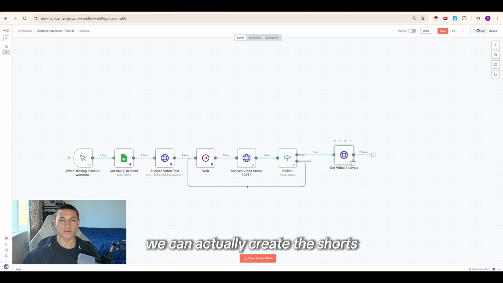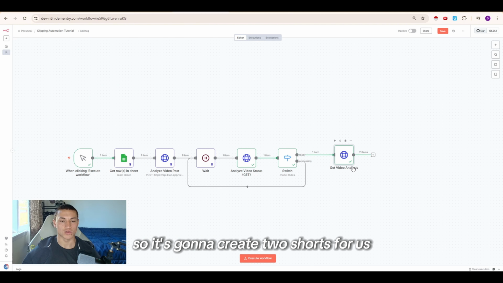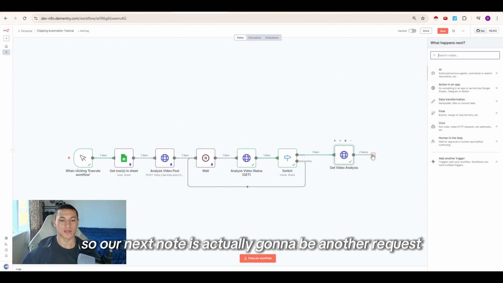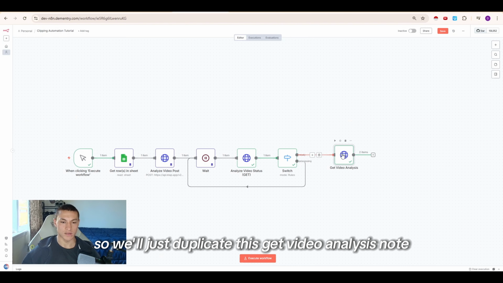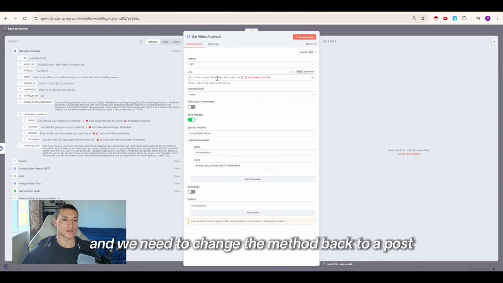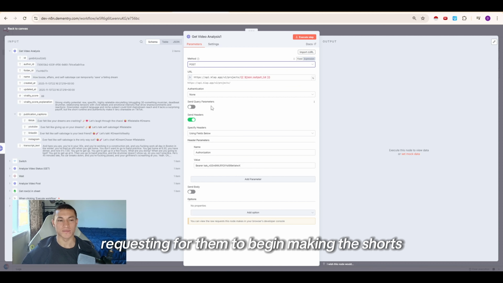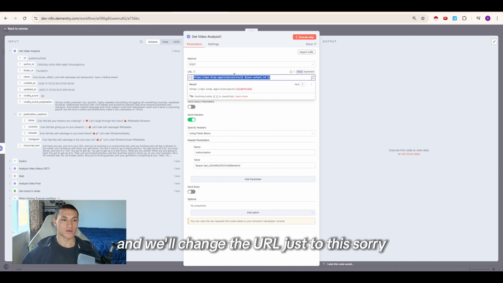So now that we've got that, we can actually create the shorts, and you can see there's 2 items coming through. So it's going to create 2 shorts for us. Our next node is going to be another request. So we'll duplicate this get video analysis node. We can hit Control D and connect it up, click on it. And we need to change the method back to a post because we're requesting for them to begin making the shorts. And we'll change the URL